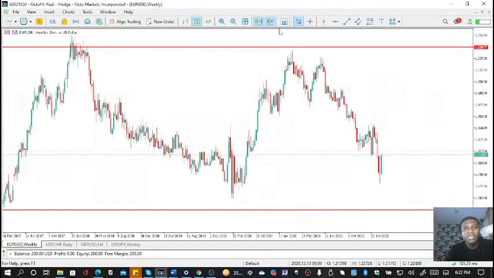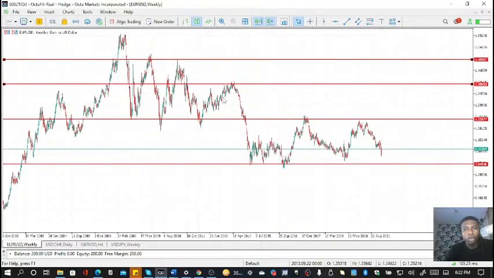Good. So on the weekly time frame, we can see something different happening here. Though the market seems to be in a downtrend from here, we can see that the market seems to be in a downtrend. All right. Okay, good. Market seems to be in a downtrend from here, but we discover that in the last weeks, from this place,